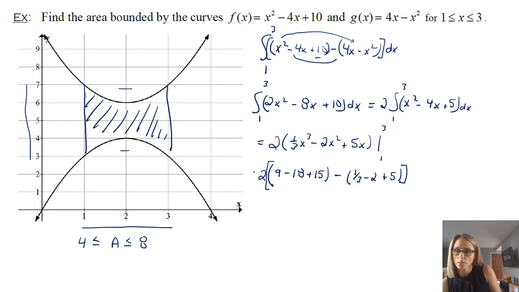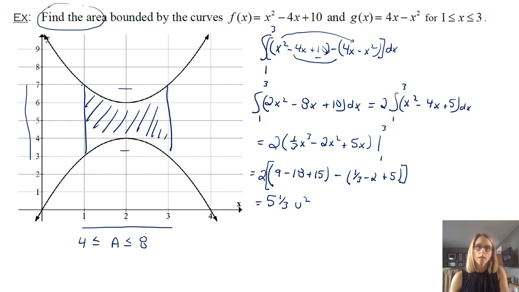And again, we're just seeing what numbers we have. And if we do that, everything should hopefully work out, and we should get 5 1/3. And I'm going to say units squared because it does ask me to find the area. So that tells me I should probably use units squared, which you should. But that's all that it is. That's all that section 5.1 is. I mean, that's not it.